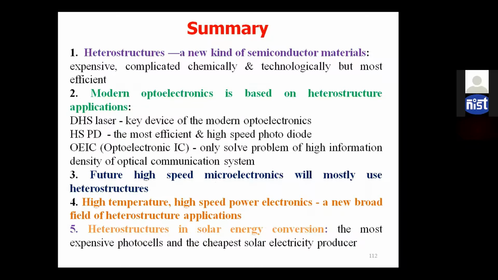Modern electronics is based on heterostructure applications that we have already seen, such as the DHS, that is the double heterostructure laser, the heterostructure photodetector, and right now the OEIC, the optoelectronic integrated circuit, which solves the problem of the high information density of optical communication systems, and also the future high-speed microelectronics that will mostly use the heterostructure, because nowadays